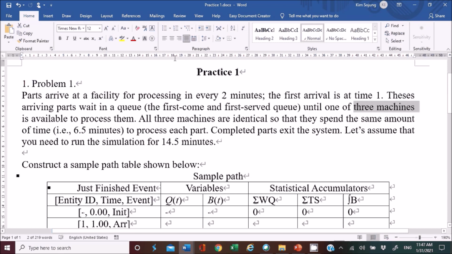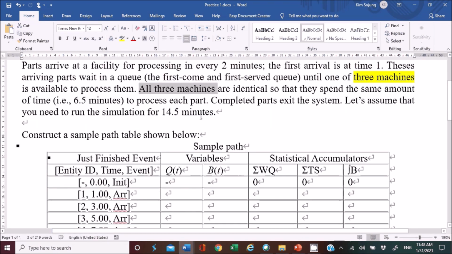Unlike the previous example, we have a capacity of 3, and all 3 machines are identical, so they spend the same amount of time, 6.5 minutes. So it's constant, they just spend constant time to process each part. And complete parts exit the system, and let's assume that you need to run the simulation for 14.5 minutes,